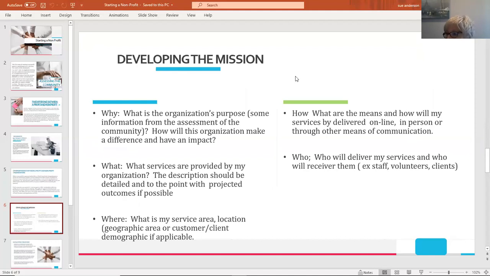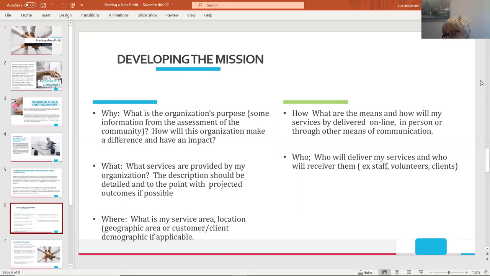Underneath that purpose, what services are you going to provide? Again, we mentioned this earlier about housing. Is it specific to certain elements? Is it specific to certain geographic areas? Maybe you're only going to be able to provide certain parts of a housing situation. So you have to consider what services you're going to be providing, and be very clear on the description of those services and the outcomes from those services, so that people understand the real meaning behind how your organization is functioning.